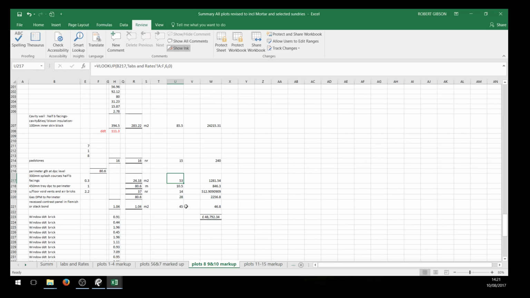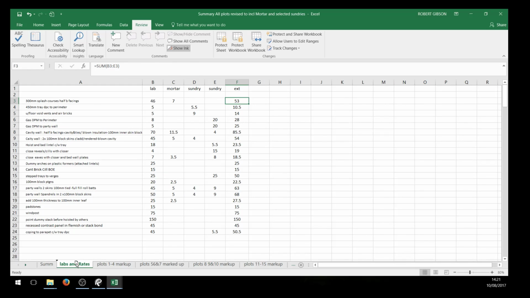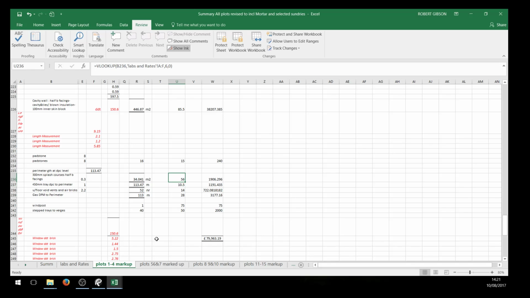Splash there, 53. And if I go back and put it back how it was, 48 and 8, you can see it's gone back up to 56. There it is, 56,